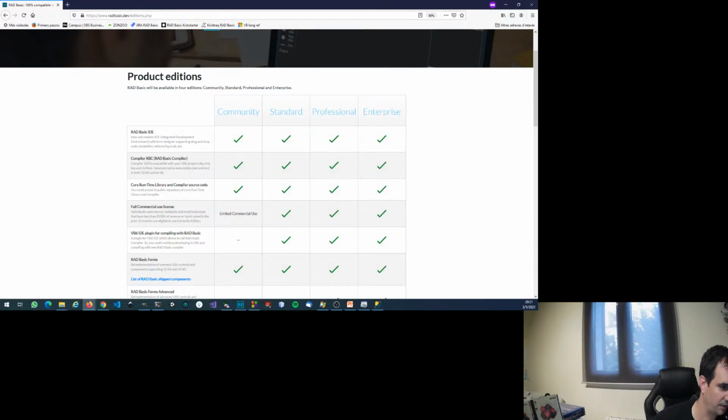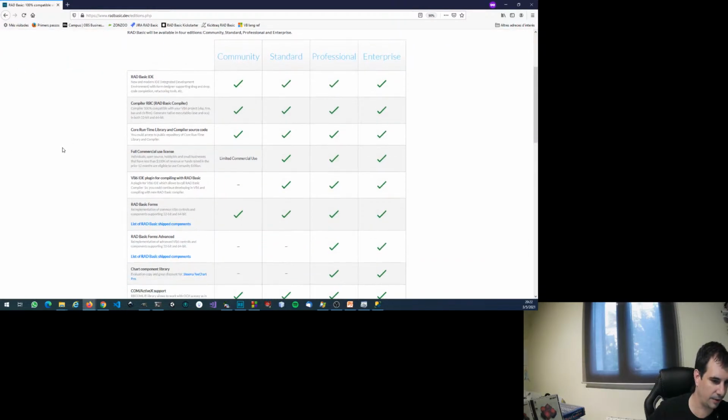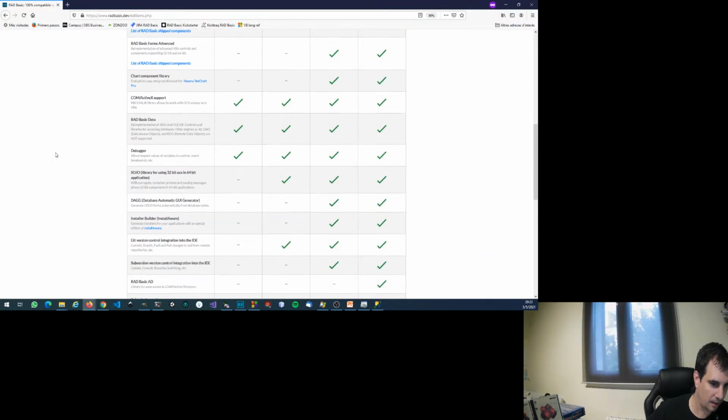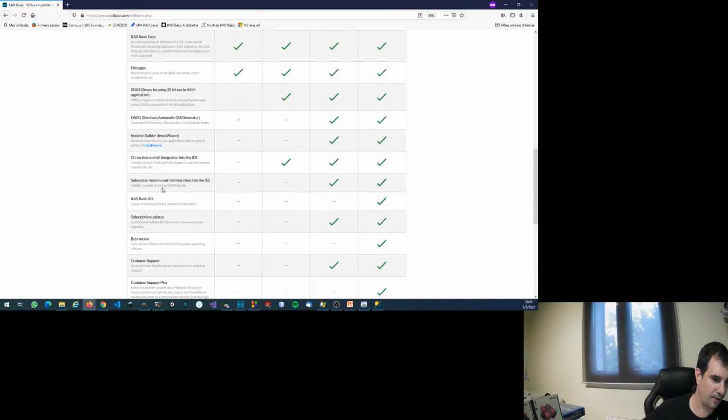Okay, yes, 3D printed kits, conditional flags is important. And Duncan asks about new controls. For the first version, new controls are not planned, but yes, new libraries, such as the RAD Basic library for Active Directory.